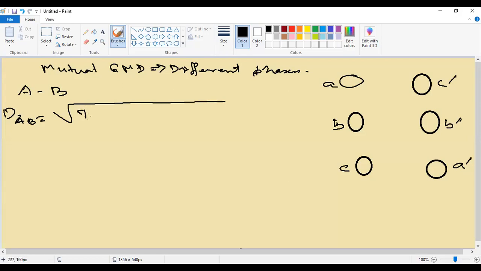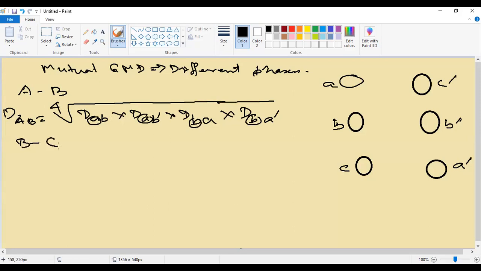So this will be DAB, then into DAB dashed. You have to keep this A constant and vary B. Now we'll keep B constant, then we'll vary A: DBA and then DBA dashed. So here B is fixed. How many roots are there? There are 4 roots. So that means this is the 4th root.